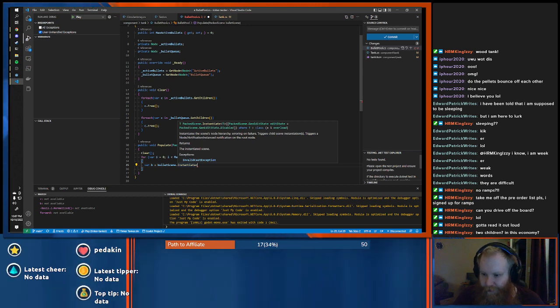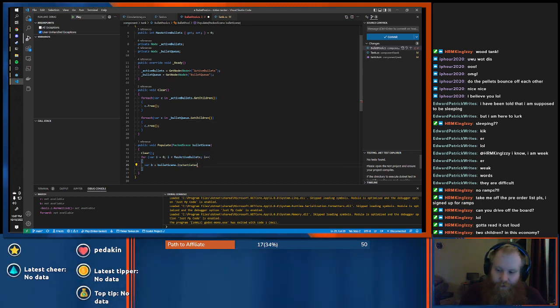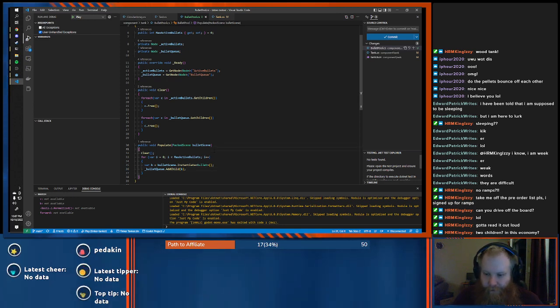So I think that's what I want it to do. We're going to do bullet queue dot add child b. Okay, so now let's try test populating.